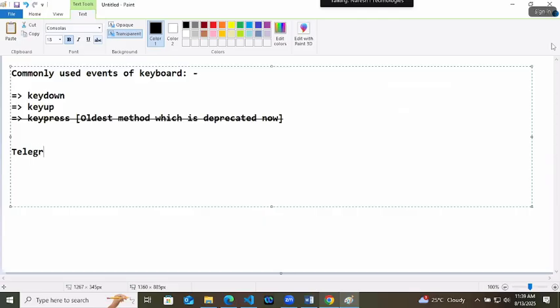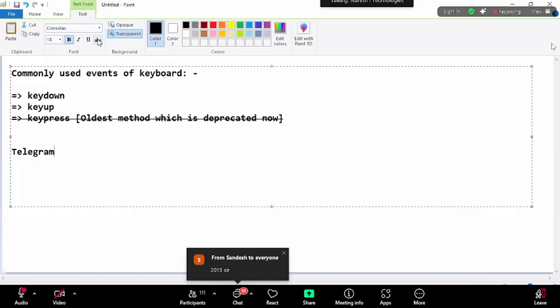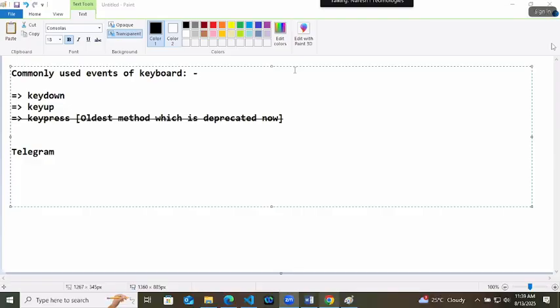When Telegram was launched in its starting phase, maybe 2015 or 16, if someone was typing to me and I opened their chat, I could see what message they were typing to me. But for security reasons, Telegram removed that feature very soon. If somebody has used it, they might know. So if somebody is typing hi, hello, and not sending the message, you know this because that is getting tracked actually.